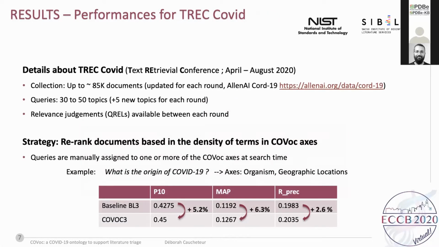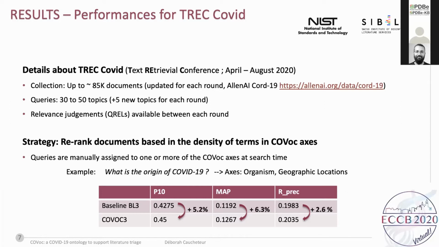One last piece of information is required to understand how COVID triage works. At the same time as we were working on the COVOC project, we took part in the TREC-COVID competition run by NIST. During 5 months and through 5 runs, participants worked with a collection of papers related to COVID-19, and in parallel, a list of topics was provided. These topics represent queries. The participants have to submit for each topic a list of 1,000 papers from the collection, ranked by relevance. And at the end of each round, some metrics are calculated based on the relevance judgments file.